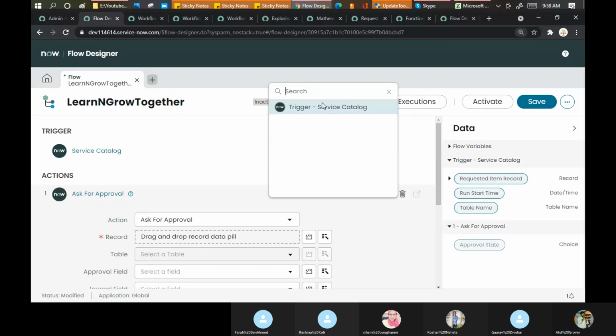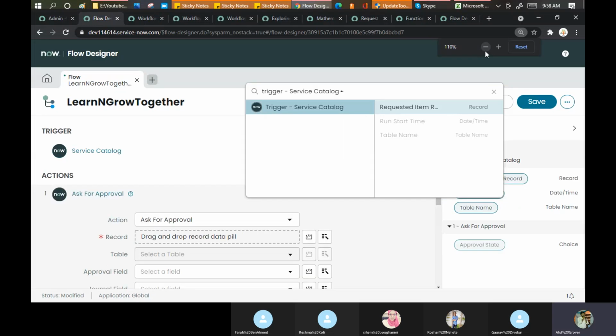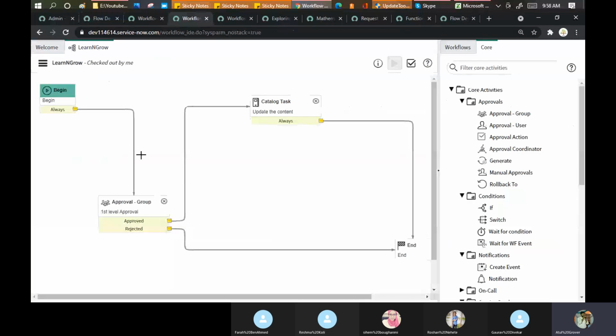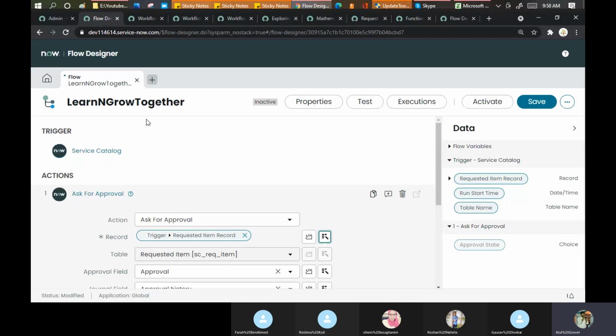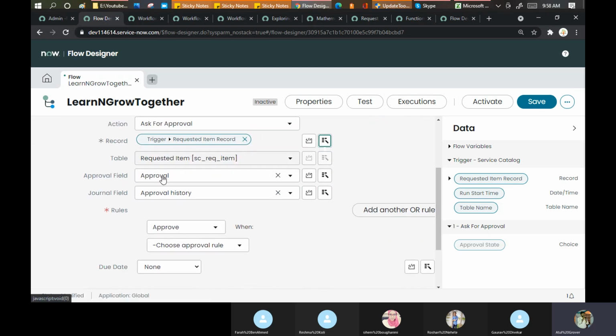And where do you want to run, on RITM or on REQ? I say I want to run on the RITM level. It means I'm doing the table mapping here. SC_request. The same thing we're doing here now.